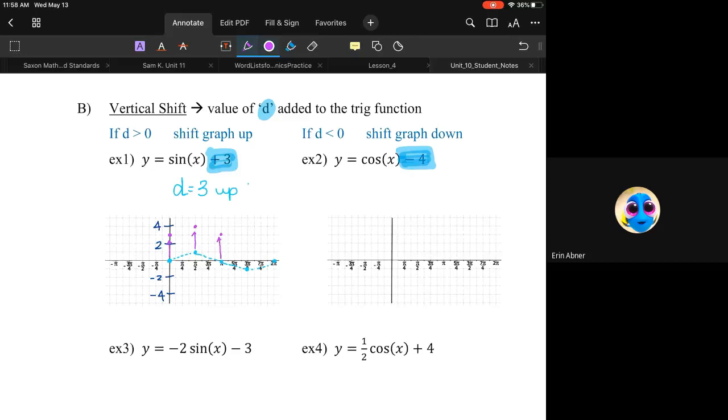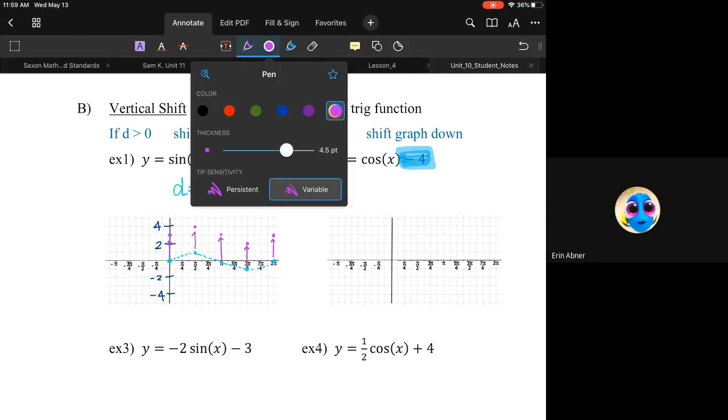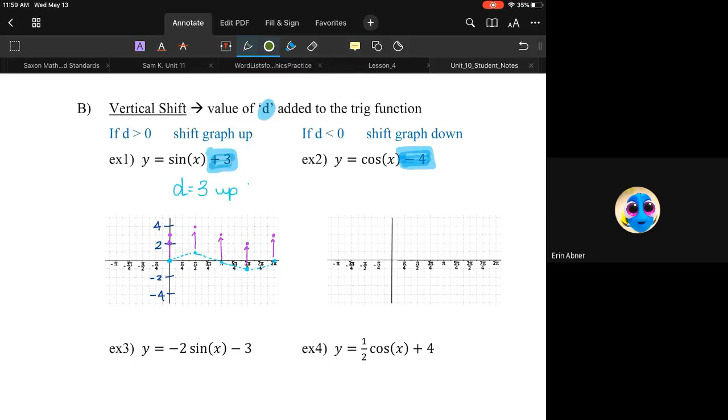That line is so crooked. That was the last one. 1, 2, 3. So I went up 3. There's my up 3. Okay. So now when I draw my new line,